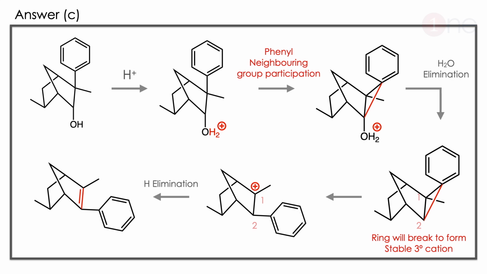The answer is C. Let us see how. The starting material contains an alcohol, so you are adding acid there. So the acid adds to the alcohol, and the water will be removed. So there will be a cation formation. But there is neighboring group participation from the phenyl group. Since phenyl is electron rich, it can compensate the positive charge and participate as a neighboring group. So the neighboring group participates, water eliminates. Here the important thing happens. After water elimination, where will the phenyl group shift?